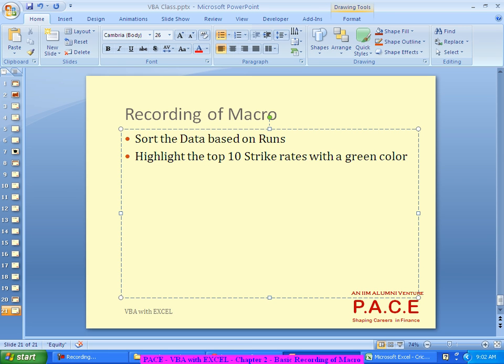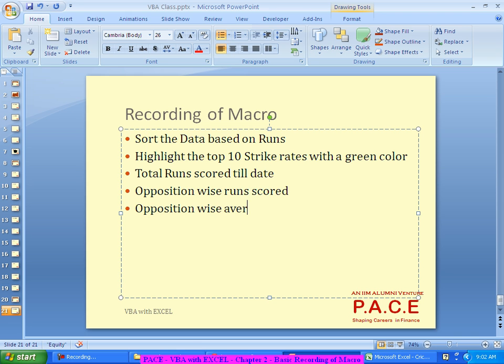One more task. Then I would like to find out total runs scored till date, right? Total runs scored till date by the country itself, and probably opposition wise runs scored by the country, and probably opposition wise averages.